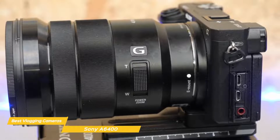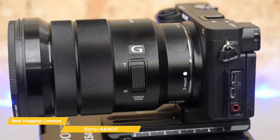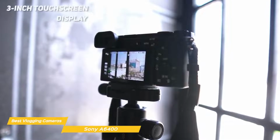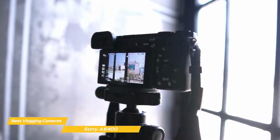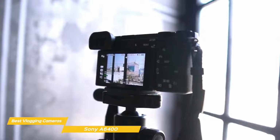This will allow you to upgrade your setup without needing to change your camera, and get a much wider variety of usage than something like the GX7 or ZV-1. Like the other vlogging cameras we've looked at, you can use the EVF or the 3-inch touchscreen display on the rear of the camera to monitor your shots, and the screen can be tilted upwards and flips to face forward, so vloggers can frame themselves easily, and the ability to add an external mic is in place, and is compatible